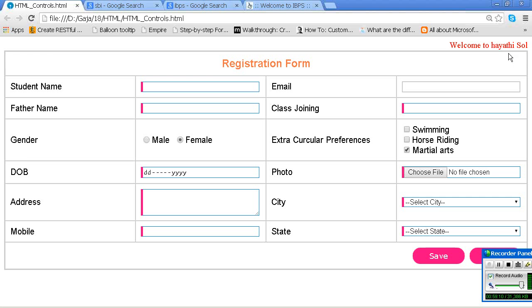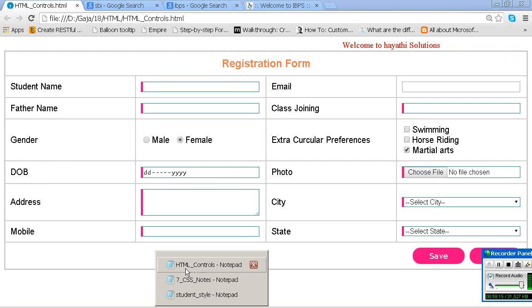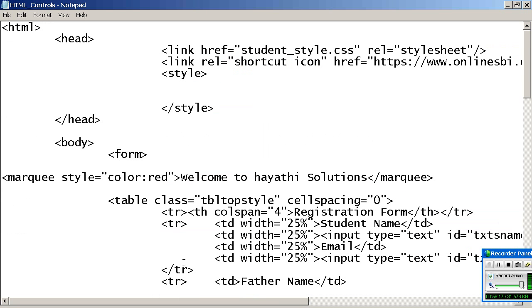But particularly for emphasis, I want to use some other color. Then is it possible? Because you have given a style for the entire marquee, but you want to change this one. Then what you can do is, in the same way you have a paragraph, for all the paragraph you would have some style, but particularly for 2 to 3 words, you want to give some other style, like italic.